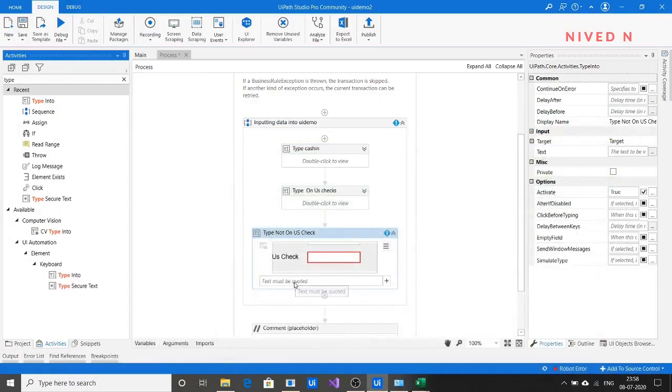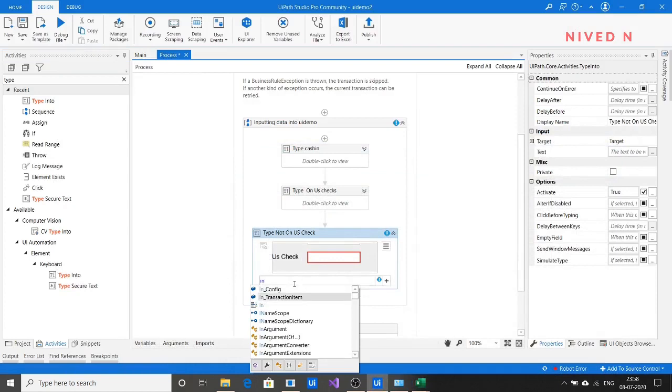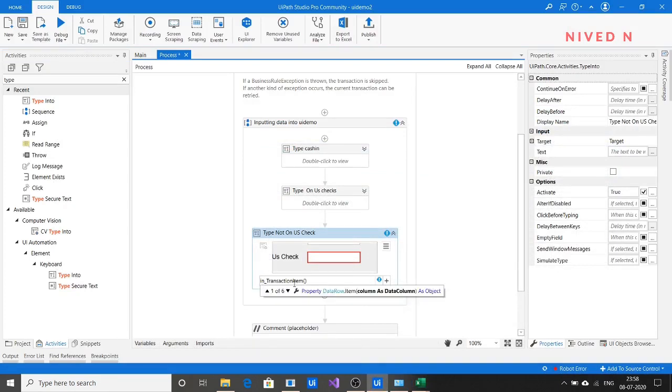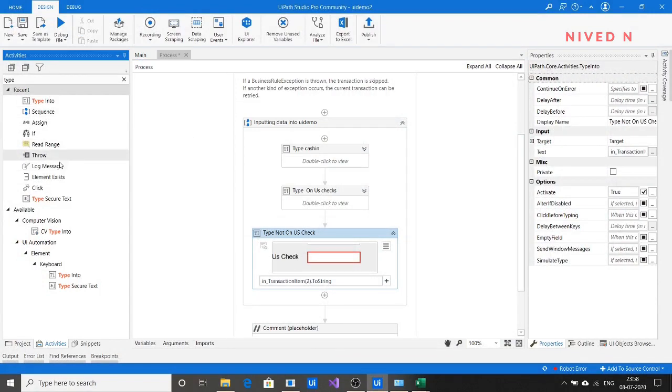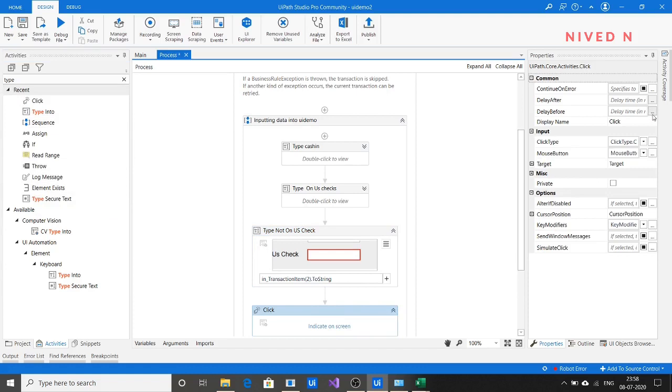So in transaction item dot to string. Now after inputting all the values, next step is we have to click on accept. Okay, so just use click activity, as you give a name, click accept.